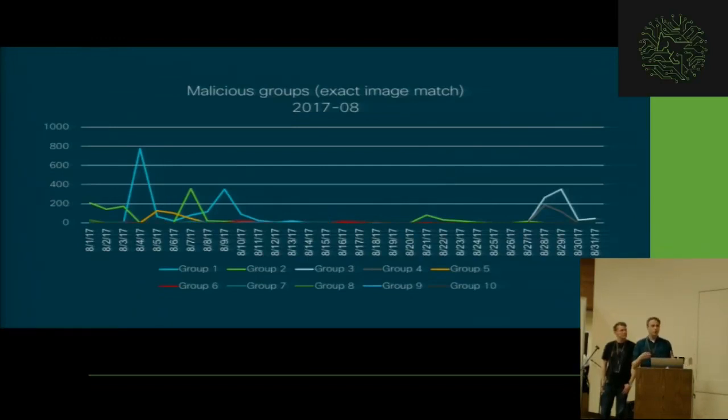And what we're hoping to do over time is to determine, are group 1 and 2 the same people, or are they different? What's interesting is that group 2 falls off to 0 on the 4th, and suddenly group 1 shoots up and falls down. They don't coincide with each other, so we're hoping this research is going to help us track when we can do subsequent groupings on this. And you can see that there's a lot of smaller groups as well.